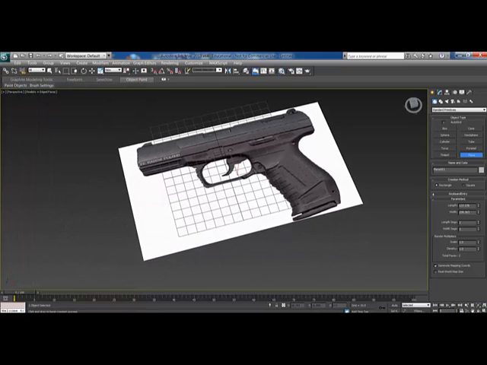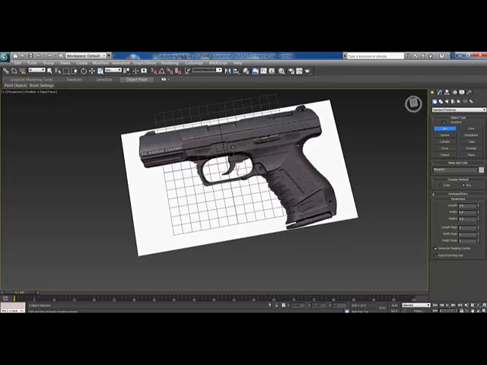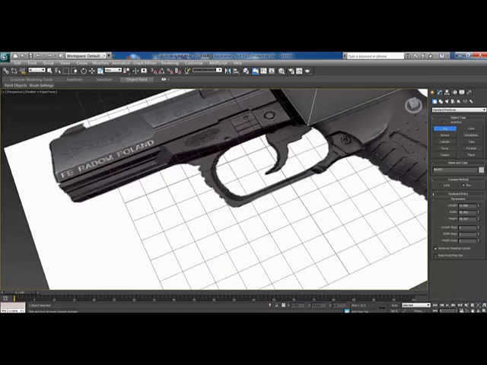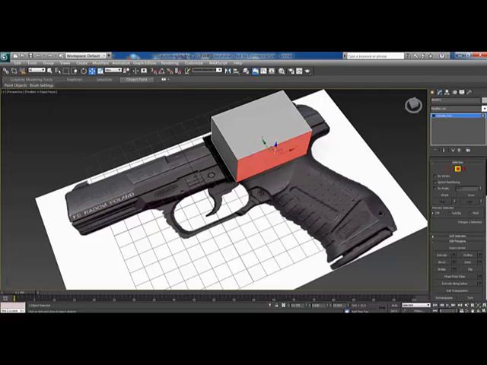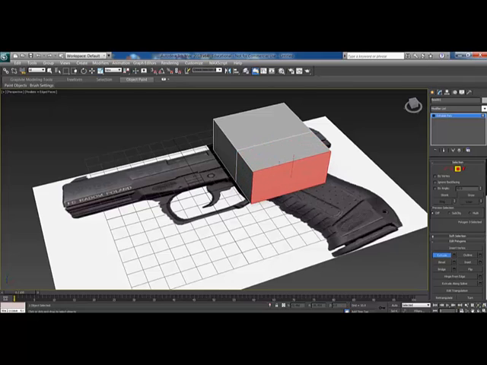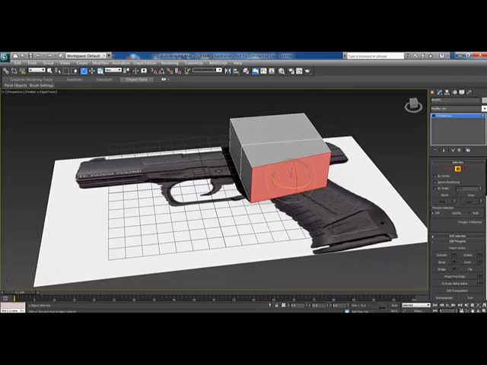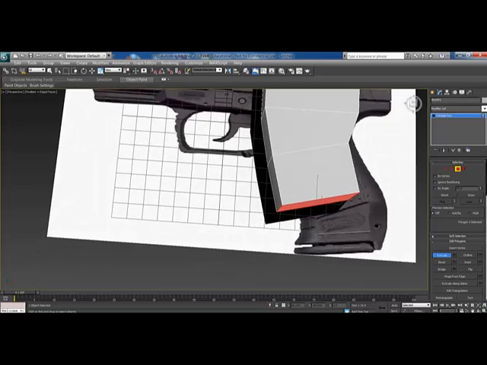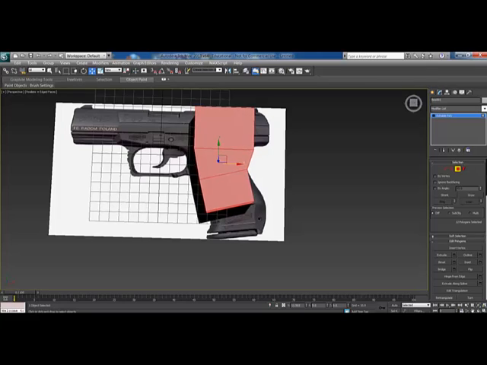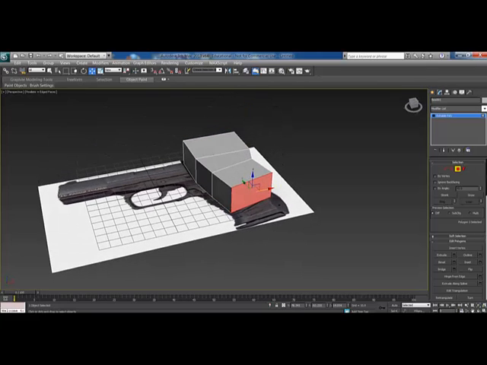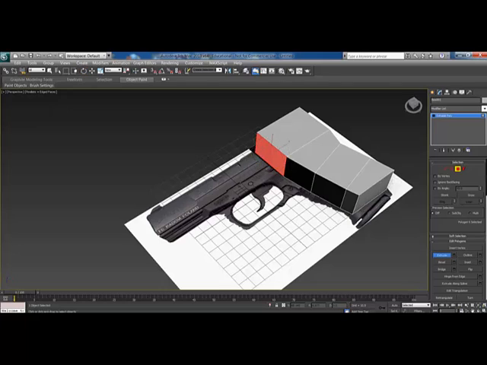Close this. I'm going to go to my box, and I'm going to draw a box out, drag up, convert it to an editable poly, click on a plane, I'm going to go extrude, rotate, scale it a little bit, go to extrude, move my whole object over a little bit. Go to extrude, rotate, extrude,